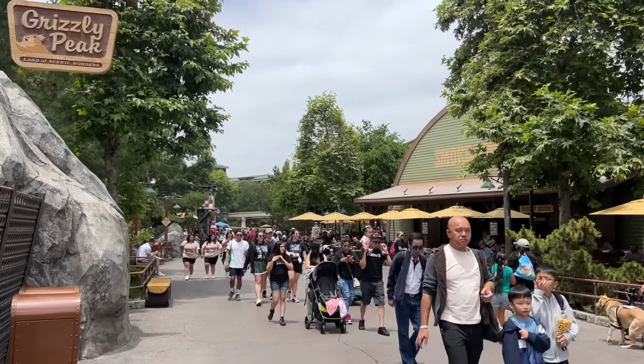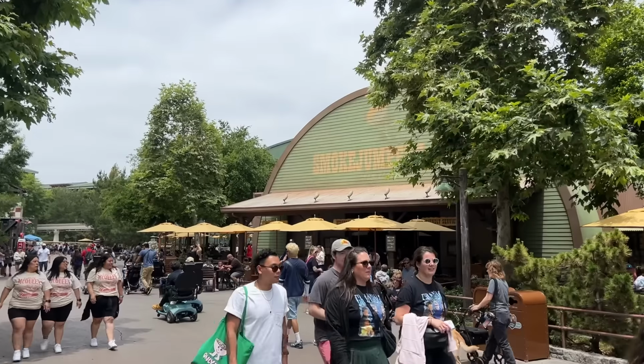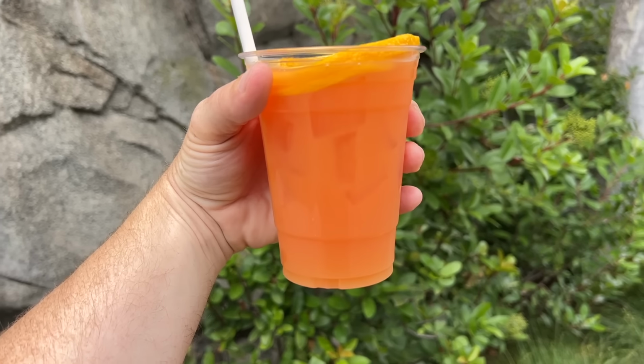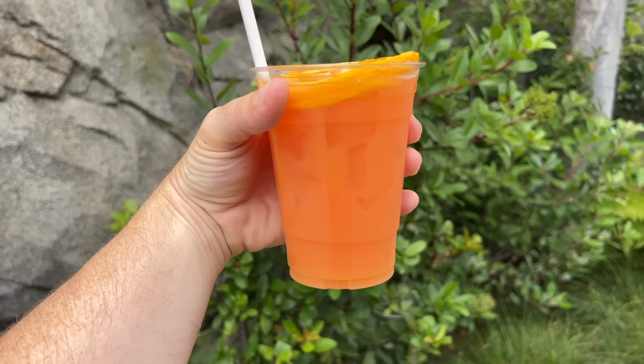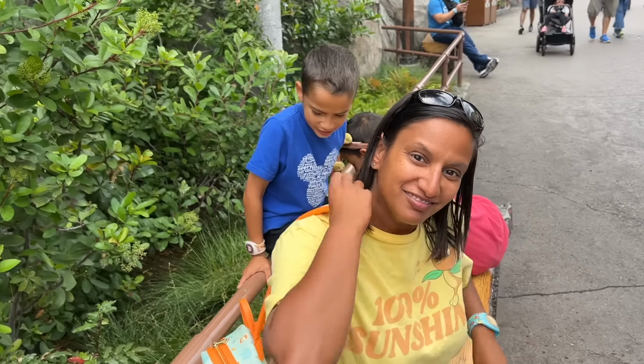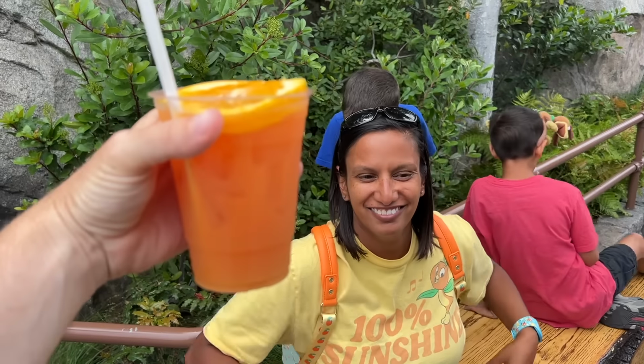Though we are going to take a brief detour to Smoke Jumper's Grill to uphold a promise that I made to myself and to you guys as well. And of course, that's to get the Pog Punch, because I just cannot get enough Pog. Now, I do have to split it 4 ways today, so this is going to be like 5 sips, but